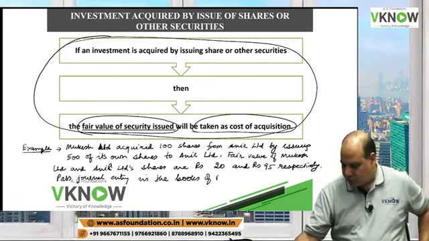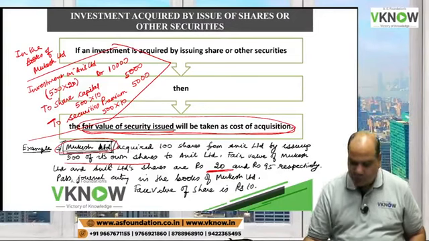Is it right? 500 into 10 is 5,000, correct, sorry. And to securities premium 5,000. I put an extra zero. You people have given me so much stress that I forgot the basic calculation. Okay, sorry. 5,000, 5,000.